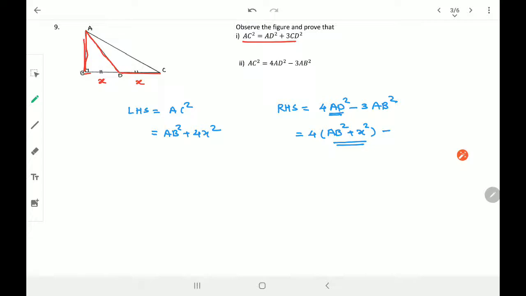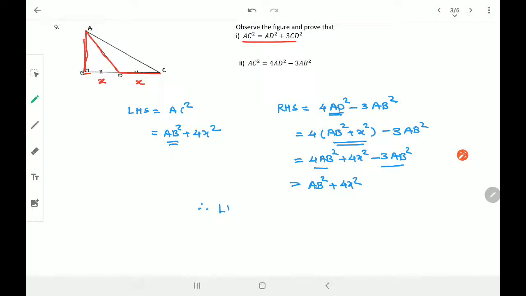Minus. Now you might consider that I have to replace AB, but I don't need to because AB is already here. So I don't have to touch AB. AB, let it be as it is. Now this is a great mistake that students make, and then they say that they are not able to get the answer. Okay, because AB is here, why am I changing it then? I'll multiply by 4 now. 4AB square plus 4x square minus 3AB square. So 4AB square minus 3AB square is a simple AB square plus 4x square, and the answer is done.